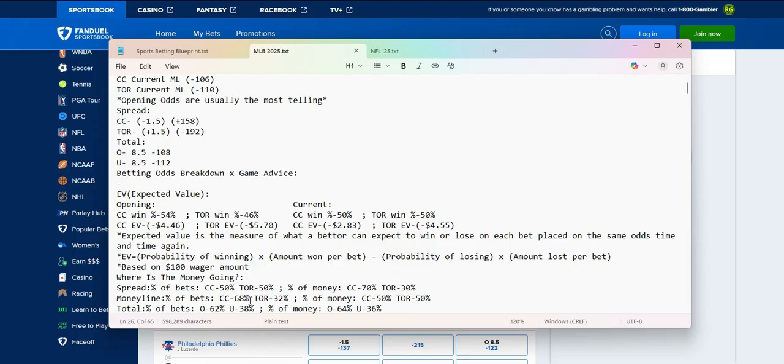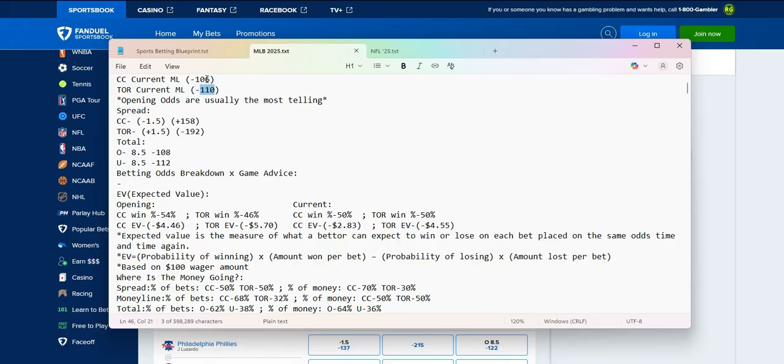70% of the money going with the Cubs on the spread. The spread is at 1.5. Total's at 8.5. And plus 158 going with the Cubs. That could happen, but Toronto, there's a lot of money that sportsbooks could make, even based off this 30% of the money. So, with that being said, the Cubs could win as long as Toronto is a dog on the run line. But this minus 110 here